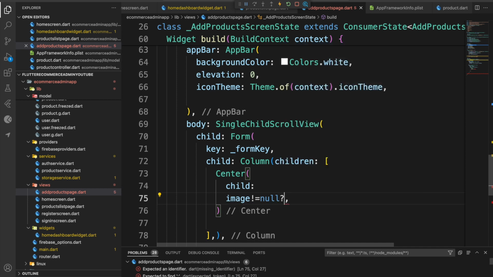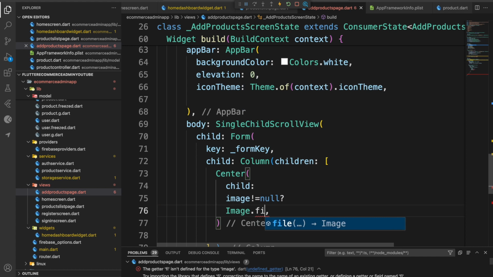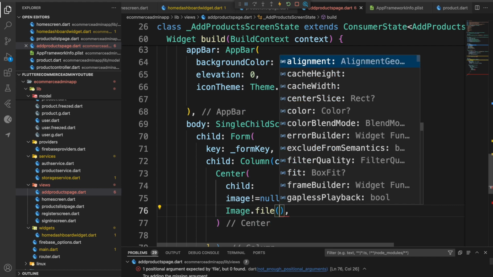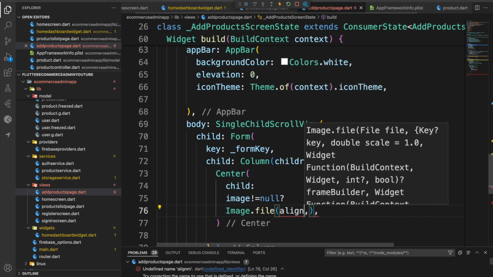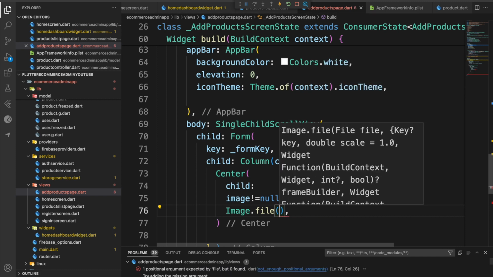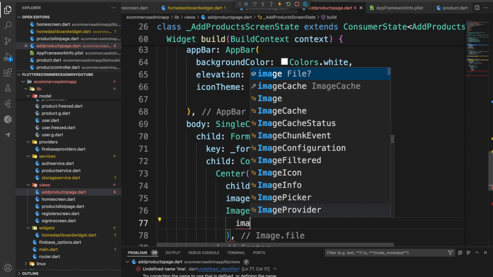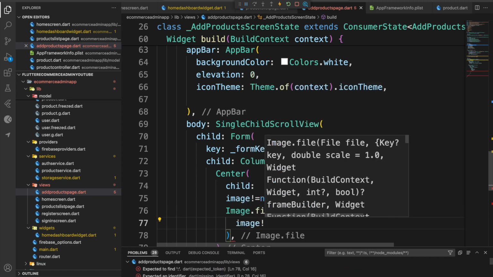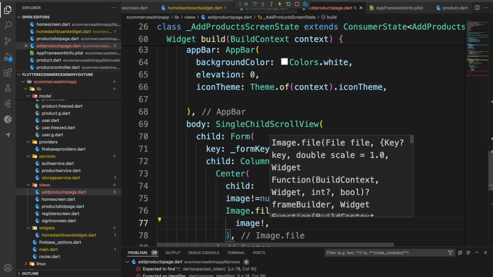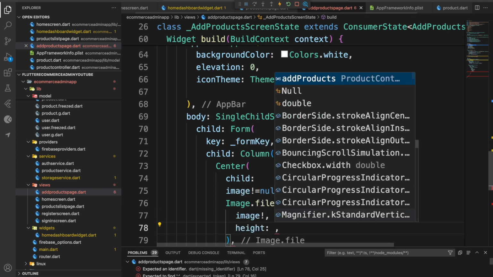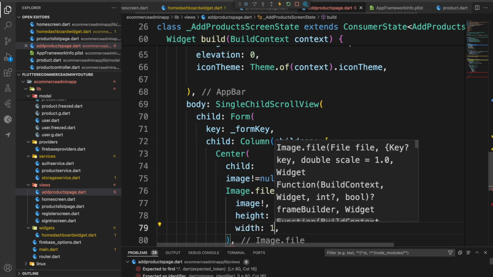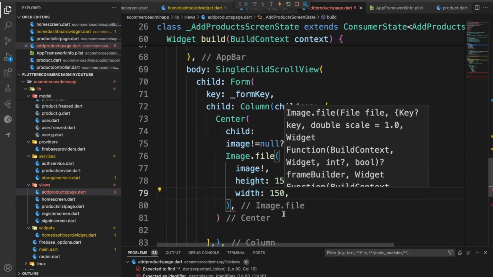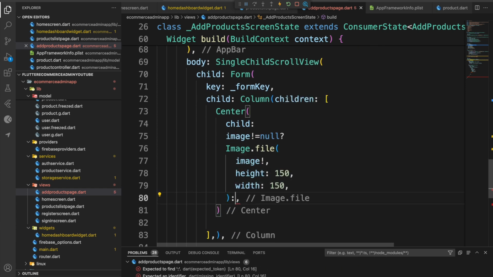If the image is not equal to null, we are going to display the image dot file, right? And then we are going to just display the image. Let's give it a height of 150 and a width of 150. Okay, otherwise